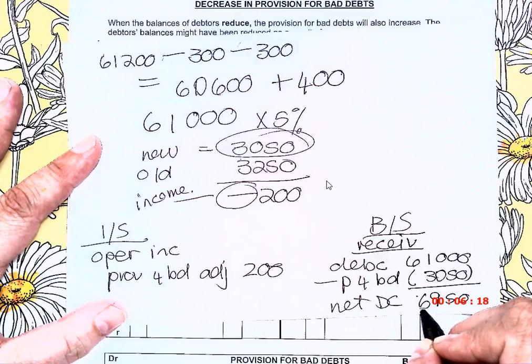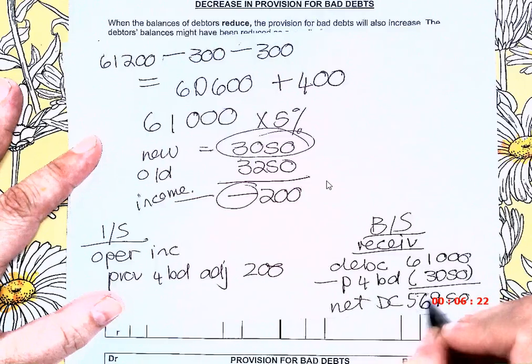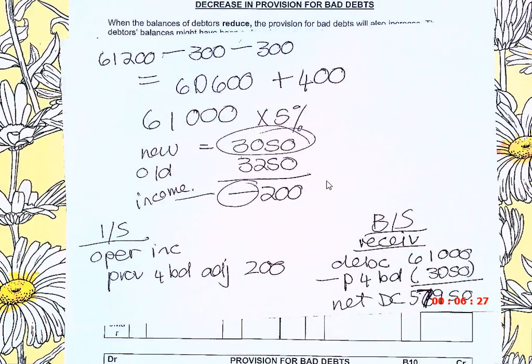No, come on. 5. Thank you. Okay, and that's provision for bad debts. And since most of